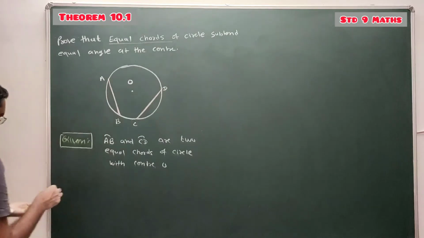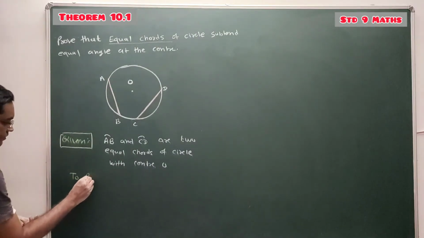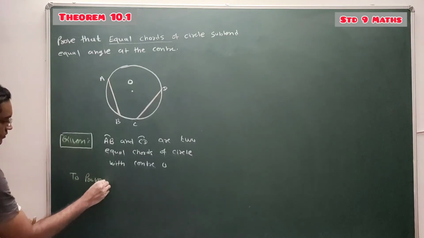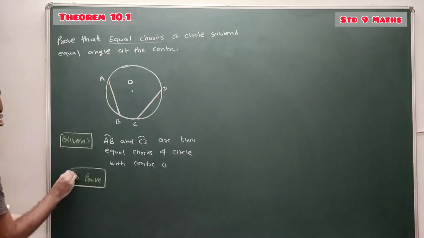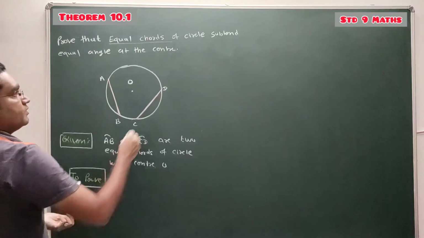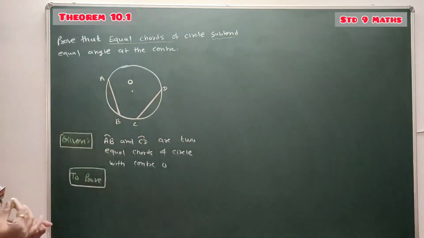What do you have to prove? Two equal chords of a circle subtend equal angles. Now what is the meaning of subtend? Subtend means to form,